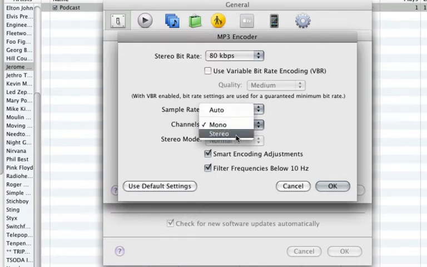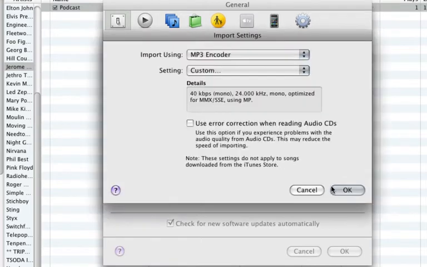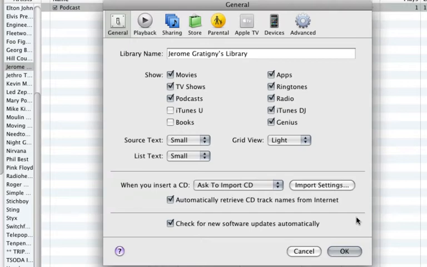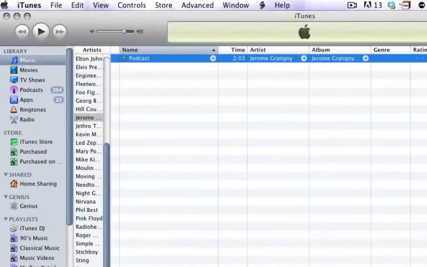I don't want stereo, however, I do want mono because it's just going to probably divide the size of your file by 2 or cut it in half. I'm going to click on OK and OK. However, remember, if you're not an experienced user, you may want to just use the settings in the MP3 for high or good quality. I'm now going to click on OK to accept those settings,